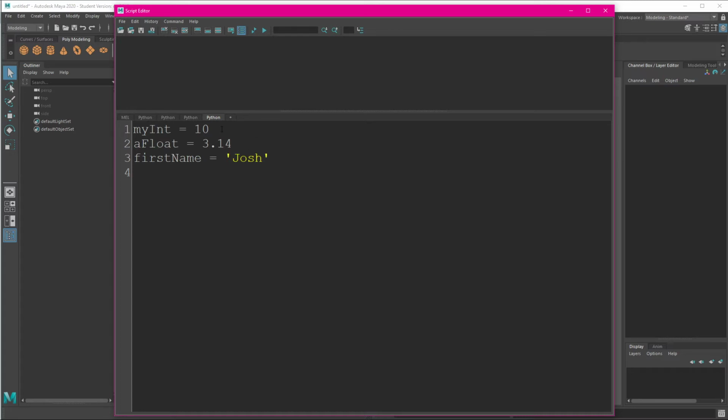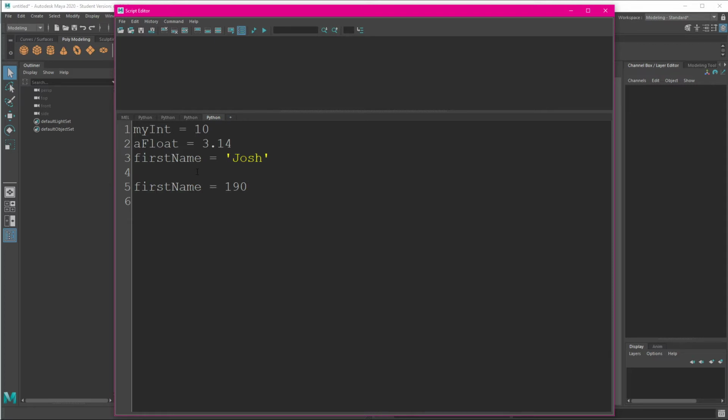They don't matter. Now, there's something really interesting about Python that programmers coming from other languages tend to really dislike, and that is the fact that this is a dynamic language, meaning that I haven't declared what type of variables these are, and they can change at any time. This is a blessing and a curse. I could actually go down here and say first name equals 190. And this is completely valid, right?